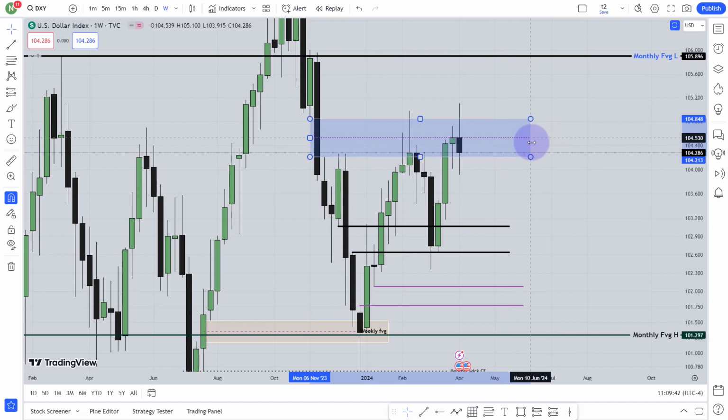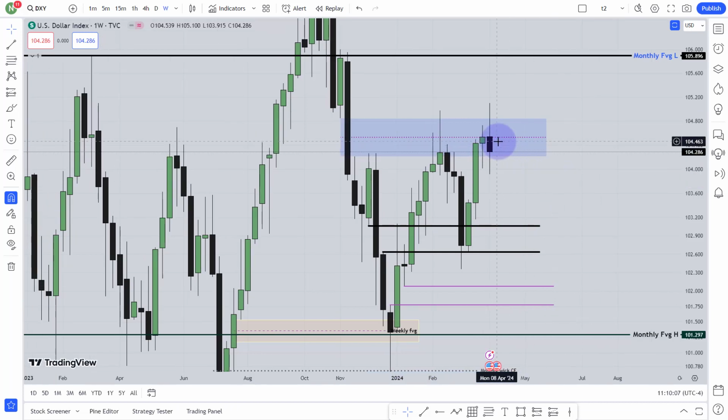Over here, this fair value gap is the weekly bearish fair value gap. You can see the market came to this fair value gap 1, 2, 3 times. Okay, price came here 3 times, but it is working with the lower portion of this fair value gap, not the upper portion. That means every single time the body is below the consequent encroachment. That means I'm not thinking that the market is going higher. Still now I'm thinking the market is going lower.